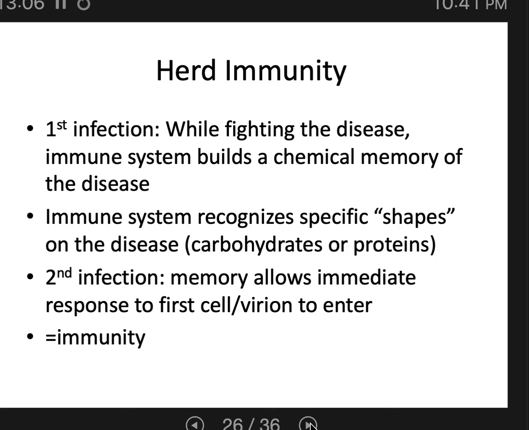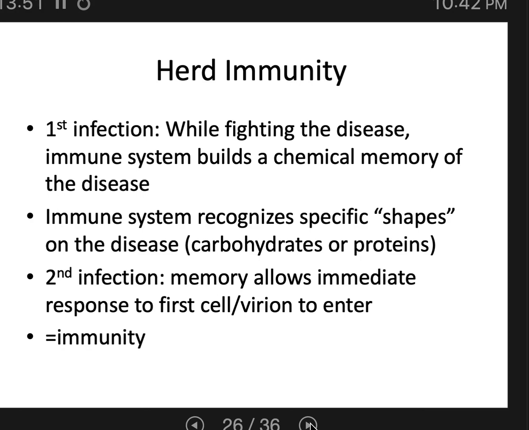It's difficult. Your immune system has to go through this process of recognizing the pathogen, then generating a chemical memory against it, and it just takes some time. So at first, the first reason you get sick is because your body doesn't recognize the pathogen. Then you continue to be sick because your body is in the process of generating that chemical memory against it. But once that memory is built, provided the disease doesn't mutate or change dramatically in some way, your body will quickly identify that pathogen upon a second meeting. And that allows for a very speedy response.